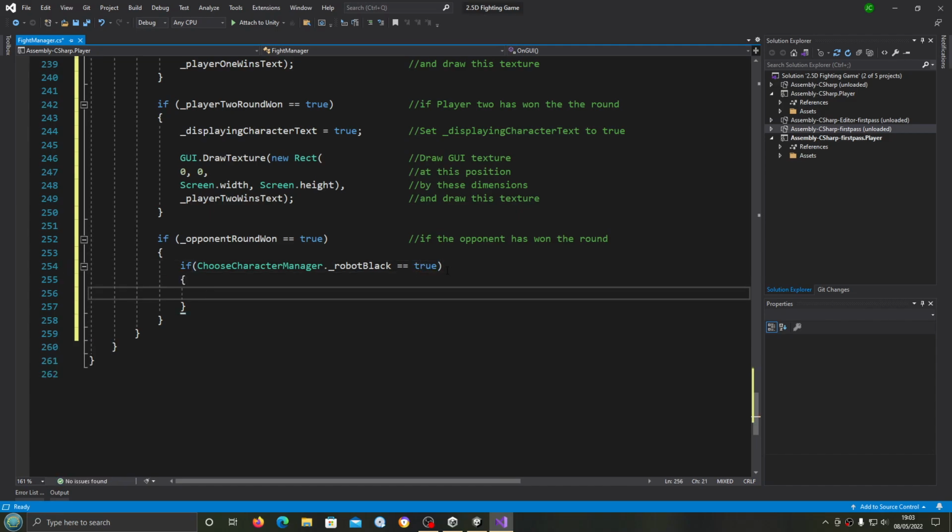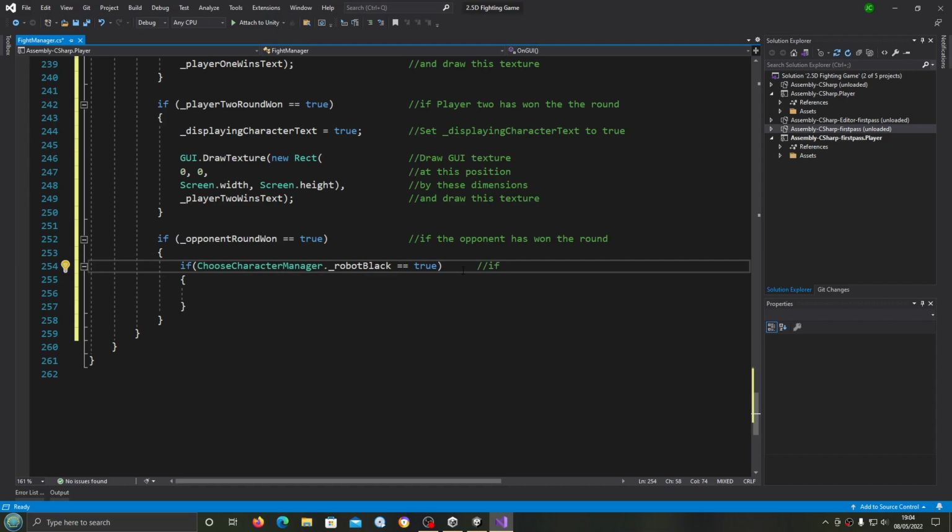We'll come to the end of the line, we'll open and close brackets. So if the black robot is, let's put selected opponent,